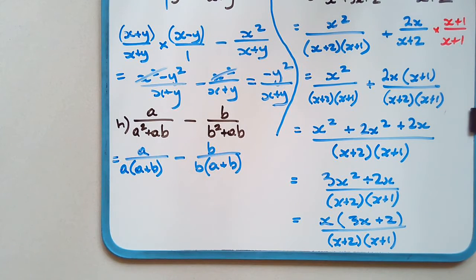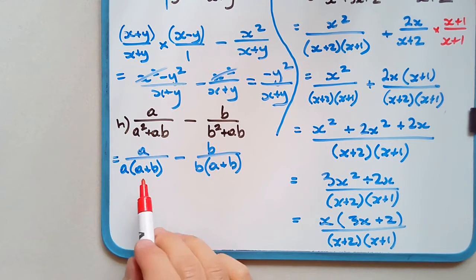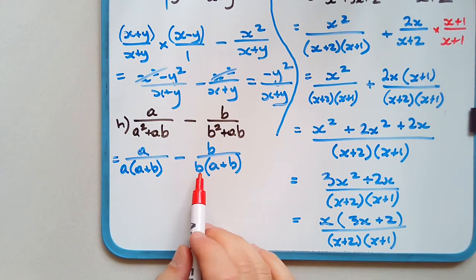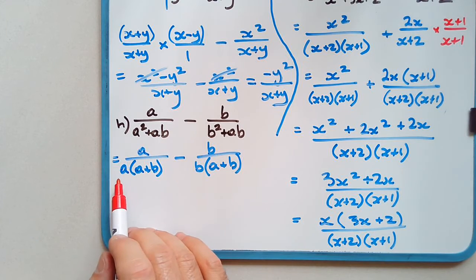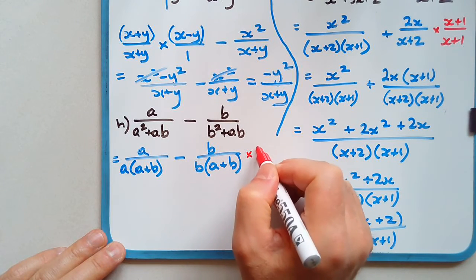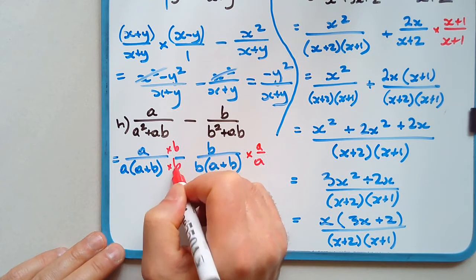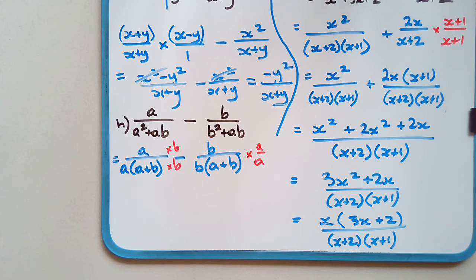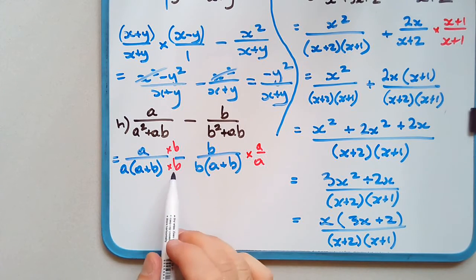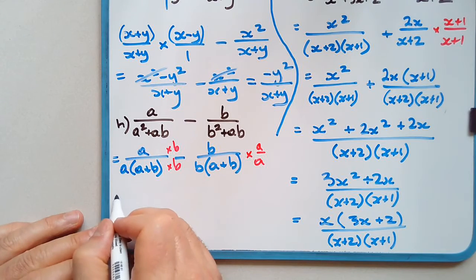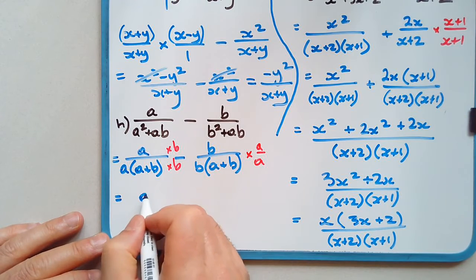Okay. Now, the denominators are almost common, not quite. They have an a plus b in common, but this one has a b, this one has an a. It'd be good if this one had an a, and this one had an extra b there. So let's multiply this one by a over a, and this one by b over b. Okay, and let's see what happens there. So we know we're going to end up with a common denominator now of ab outside of a plus b. So this is now going to be ab,